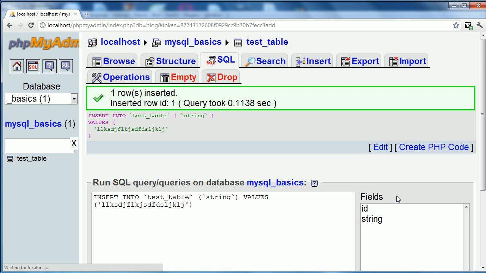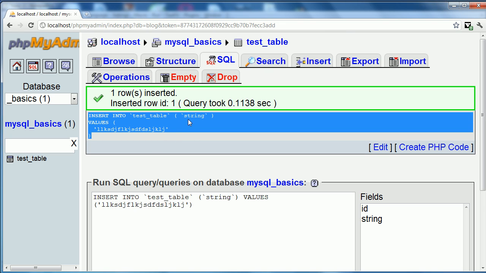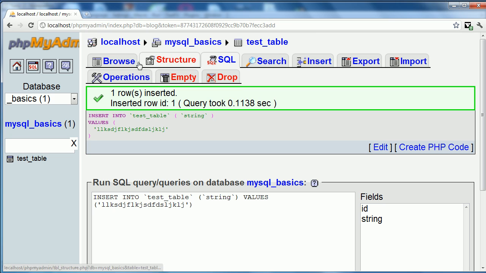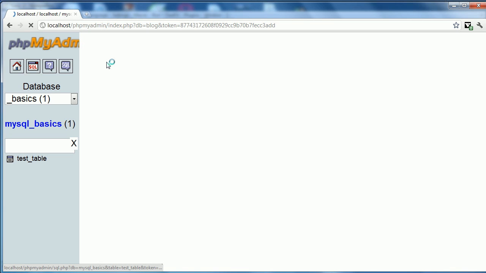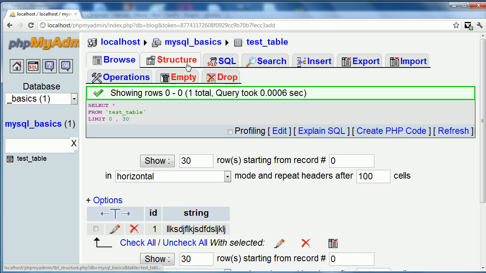So you can see that one row inserted, and the query took 1/10 of a second, and it provides you with your MySQL query there. If we go to browse, you can see that now we have this one value with the string. So let's go back up into our SQL again,